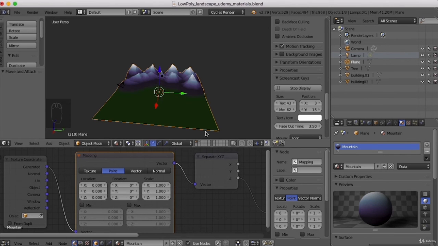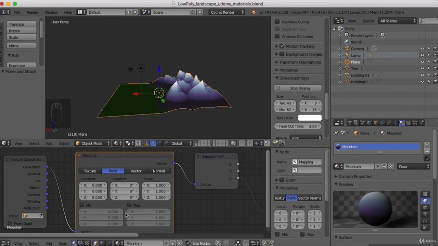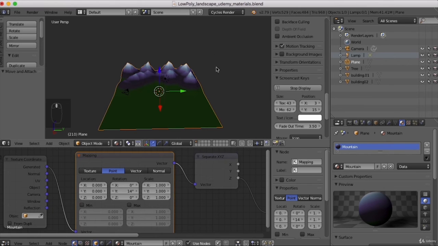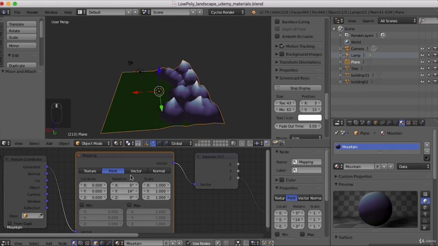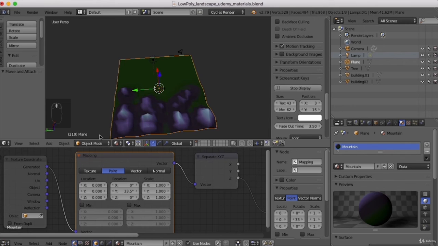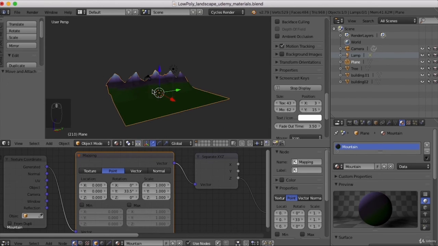If we have a look at rotation, we can rotate it along the y-axis. Let's see what this does. You can see now what it's doing is it's tilting along this axis. If I take that down, you can see our grass is slowly blending into the floor, and if I move it up, you can see that the front sections of our mountains are getting higher, the material's getting higher on them. I'm just going to set that back to 0,